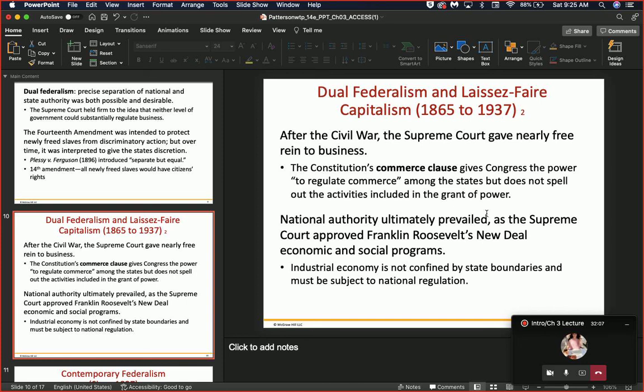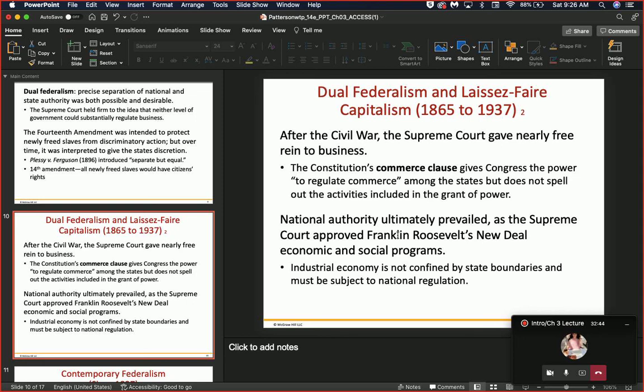But they were not able to regulate business. Remember, this is whenever we saw during the Gilded Age those big monopolies, be it Rockefeller with oil, Carnegie with steel. That was whenever we were seeing unions really starting to rise up for workers' rights and those sorts of things. So the United States had decided that Congress could regulate the trade, but they could not regulate the actual business itself. Okay, which is why we saw the big monopolies and trusts and those sorts of things really start to develop during this time.